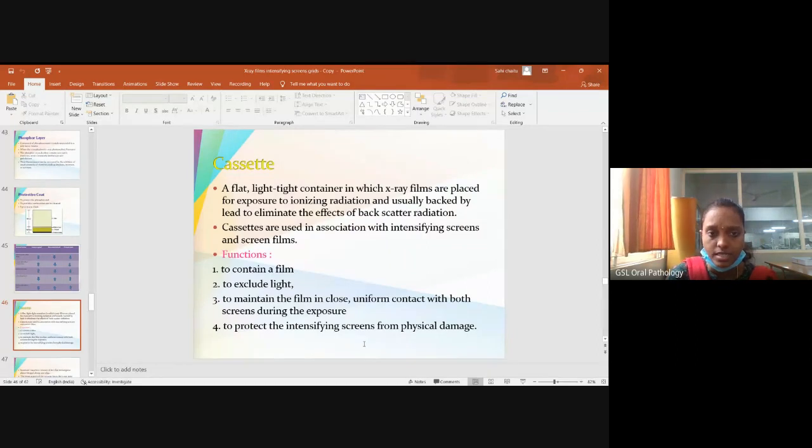Next, coming to the cassette. A cassette is a flat, light tight container which will have X-ray films that are placed for exposure to ionizing radiation and usually backed by lead to eliminate the effects of backscattered radiation. Again, on the backside, there will be a lead. Cassettes are used in association with intensifying screens and screen films. Whenever you use an intensifying screen with screen films,